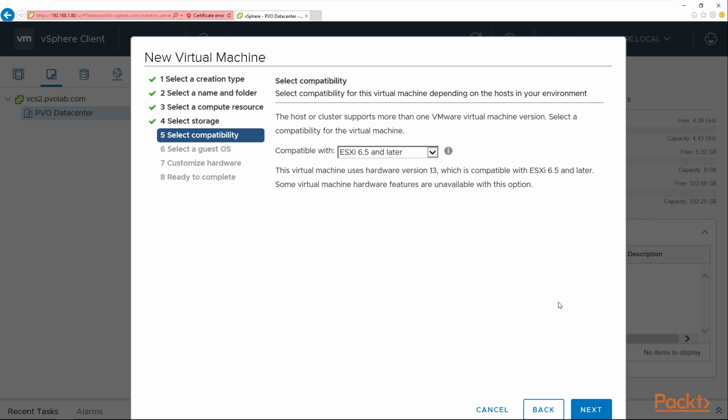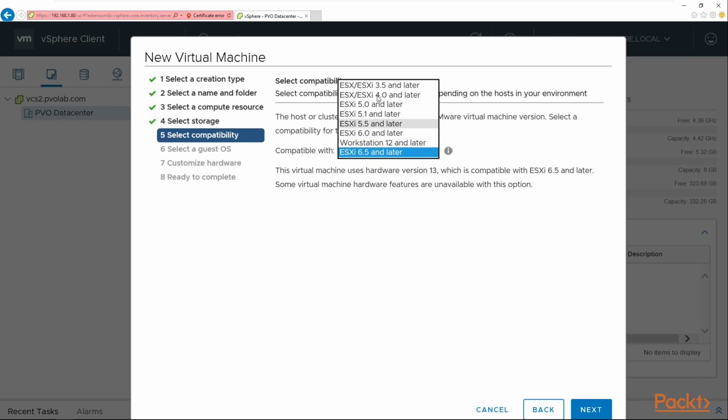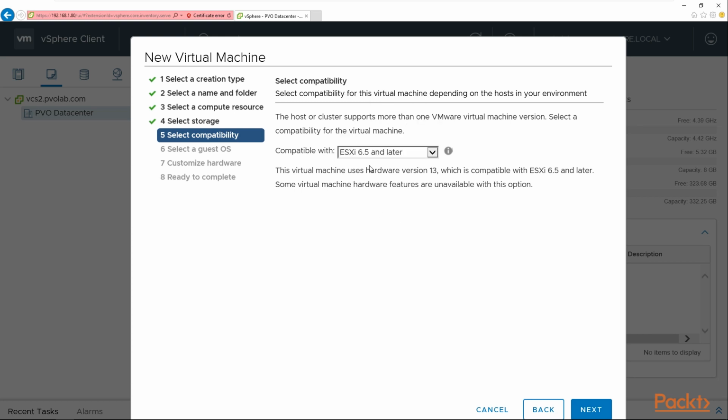Now we need to choose the compatibility level. So what virtual machine hardware version is this machine going to be running? And from the drop down here we have several options. So we can go back as far as ESX 3.5 all the way up to ESX 6.5 and later, and also workstation 12 if we want to use this machine on a workstation. So you see there, if we go for ESX 6.5, this virtual machine uses hardware version 13,